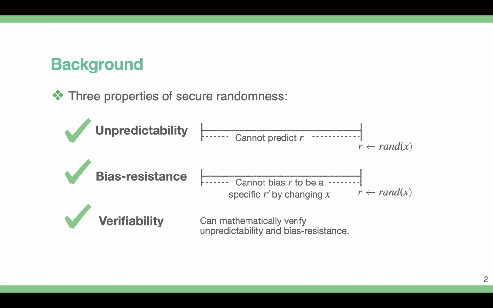Generally, a secure randomness should have three properties. The first one is unpredictability, which means the adversary cannot predict the result by observing the generation process. And the second one is bias resistance. That is to say, the adversary cannot manipulate the result to a specific value by changing the inputs of the process. Lastly, the randomness should be verifiable, so that we can mathematically verify a result is indeed unpredictable and bias